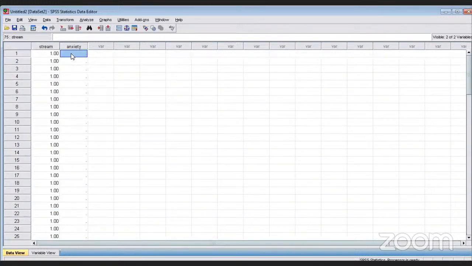And now I am entering the data of the anxiety. And there is an anxiety scale. And in this anxiety scale, you will have numbers. No, Navita, anxiety scale doesn't have nominal scale data. It will have interval scale, because there you will have a scale like strongly agree, agree, undecided, disagree, and strongly disagree.